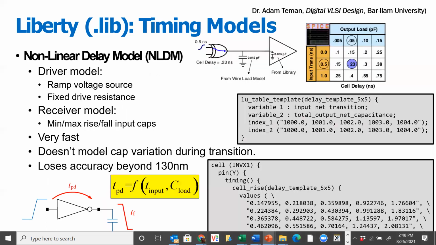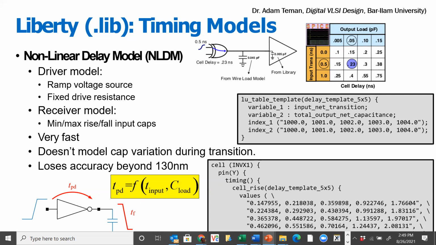Okay, and the common timing models that were used in Liberty files were lookup tables. So essentially, each standard cell would be characterized or simulated for different conditions of input transition time and output load capacitance, and the delays determined through simulation. And then all these delays as functions of input transition and output load cap would be put into the .lib